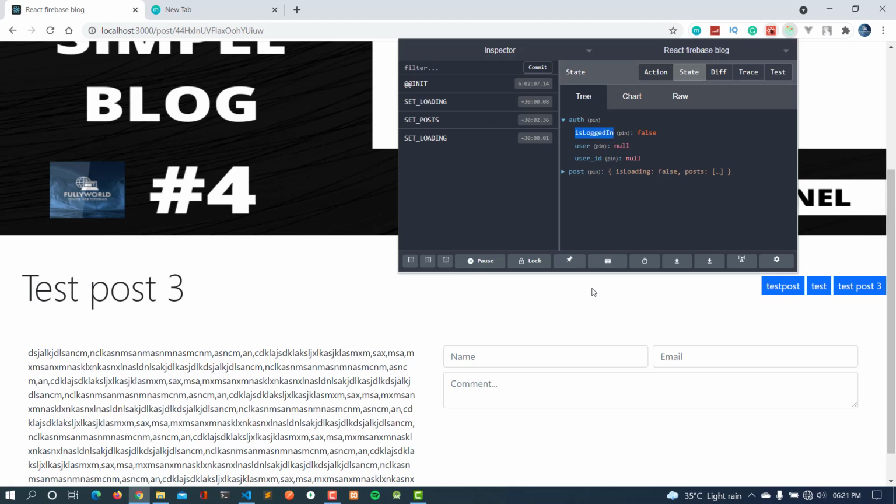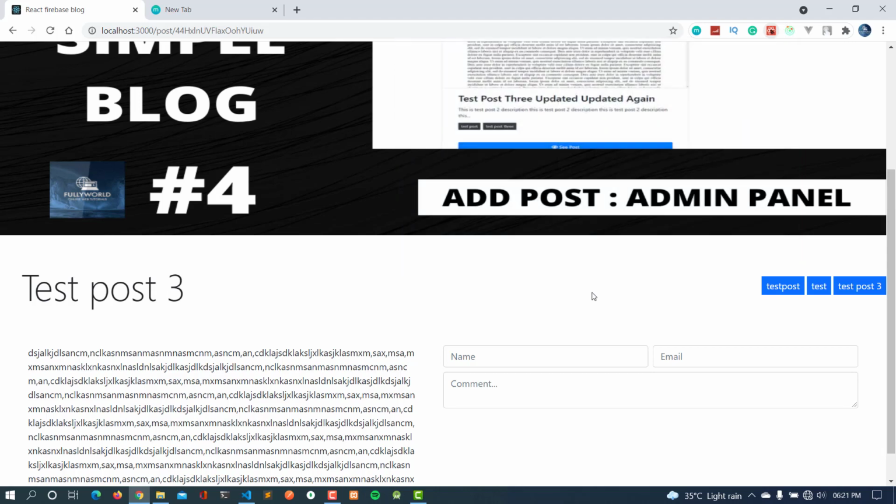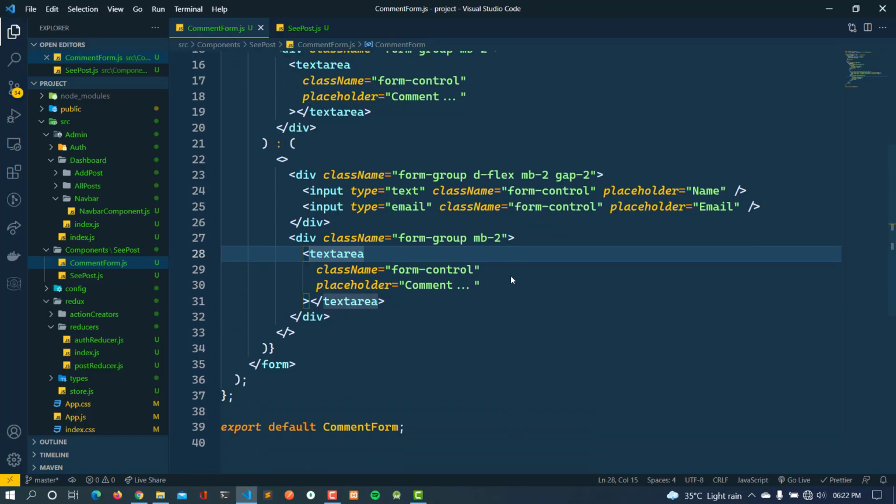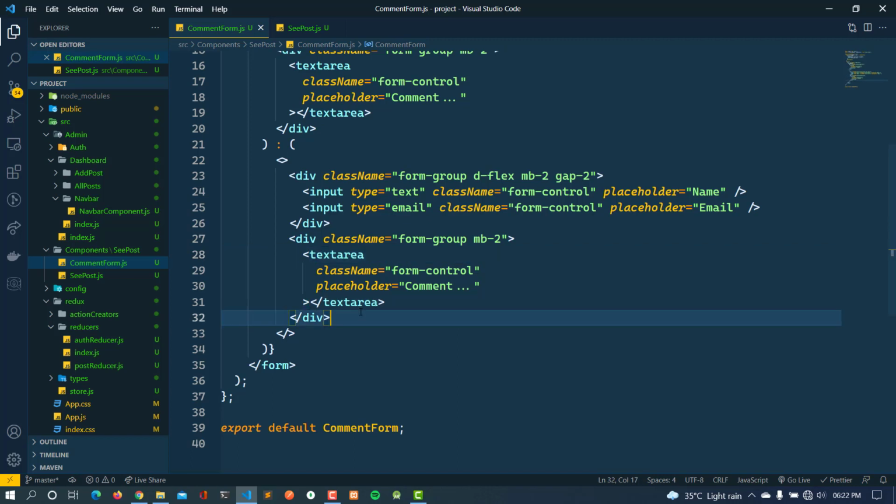That's why we are getting this here, because this is under the post route, and we haven't checked whether the user is logged in or not in the app.js. So that's why it is showing like this. That is good, so we will do that further when we work with the front panel.